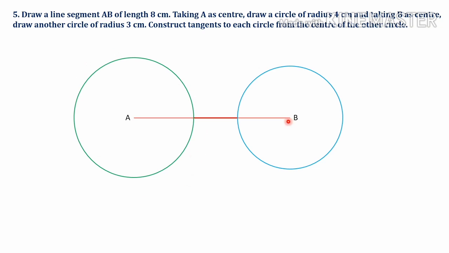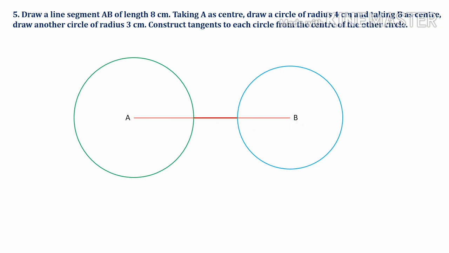So if you want to draw a tangent from B, what we have to do is we have to join AB and we have to bisect AB. Then we have to take from the center to A distance and we have to draw the circle. And again, if you want to construct tangents to the circle with center B, A is outside of B, an external point. So again we have to join B to A and we have to bisect AB. The same process we have to follow. In both the cases we have to draw the perpendicular bisector of AB. So that is our next step.